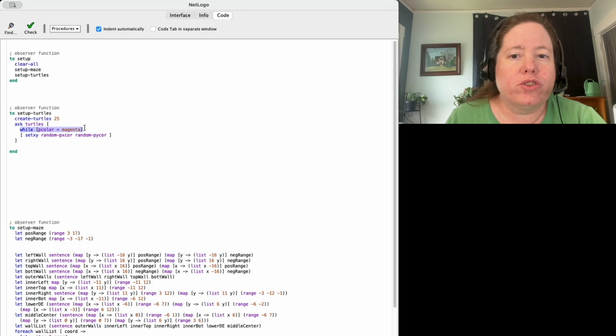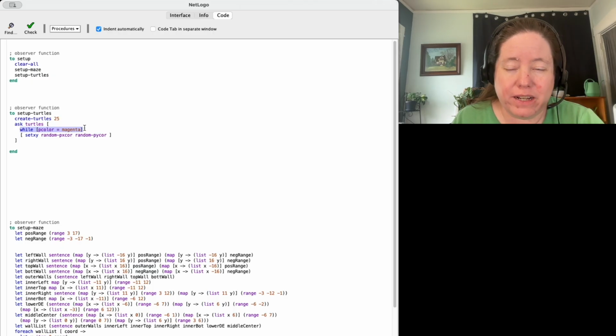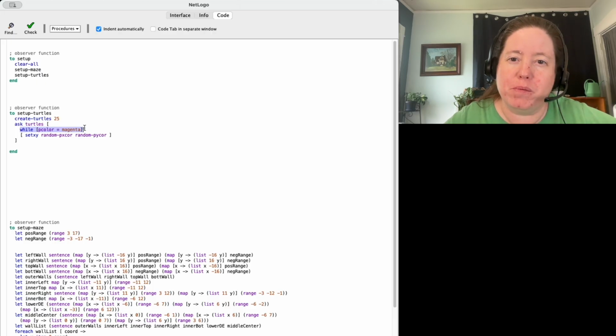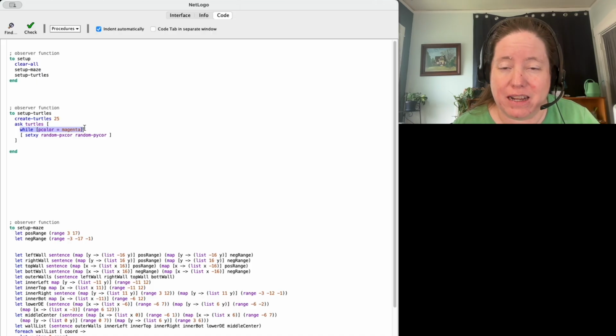What I'm asking it to do is to check the color of the patch that it is sitting on. So every patch has a color. It's called P color. That's to distinguish it from a turtle's color, which is just called color, because a turtle can read the color of the patch it is sitting on. So in this case, it's saying if the color of the patch you are sitting on is magenta, then move